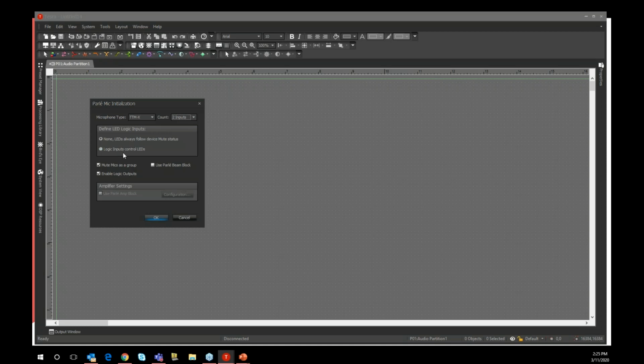If I set this to logic inputs control LEDs, now I have the ability to turn that LED on or off and turn it between red and green based on external logic in the file. So I can sync up multiple microphones. I can use a control system that's controlling a mute downstream, and I can have the LEDs be in sync with that. And I can also just turn it off. There are people who want the LED to go completely off when the room is not in use. So then when you go into your control system and you do a power up preset, then it's going to